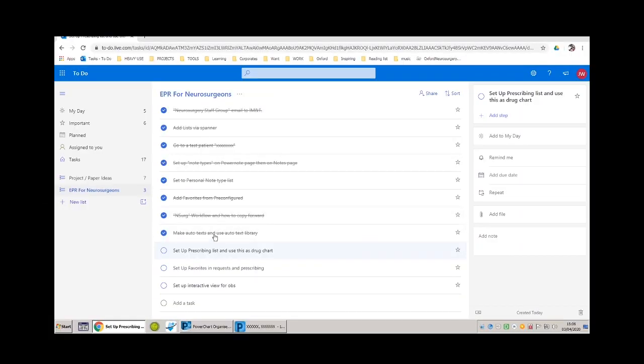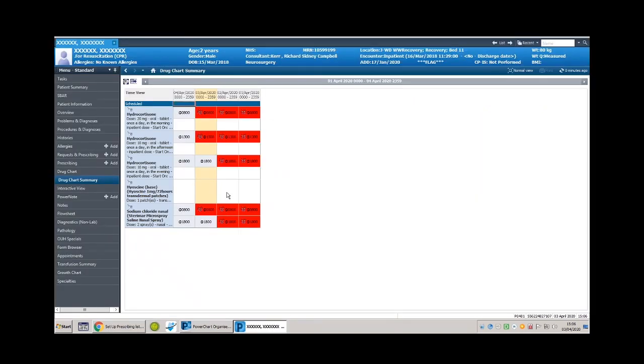Okay, now you've set up everything for Power Notes and Notes. So everything you need to make documents and to document problems has been sorted. Now we need to look into setting up EPR so it's a bit more intuitive for the rest of your tasks. For example, the patient's drug chart